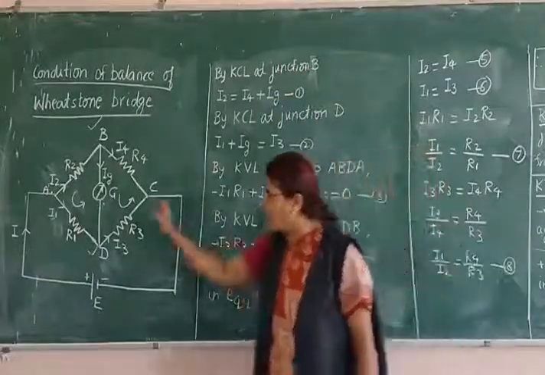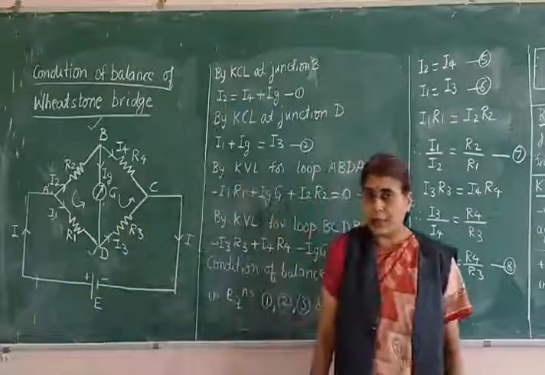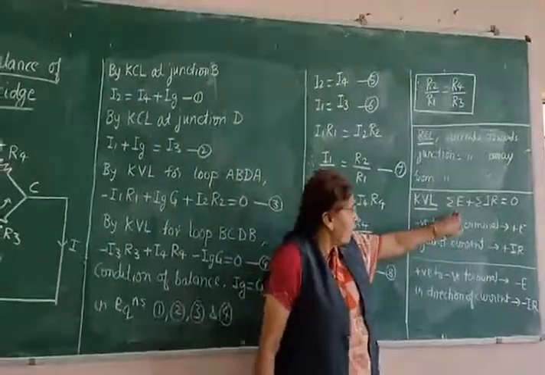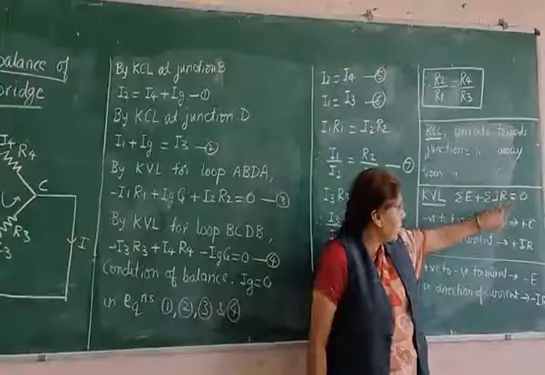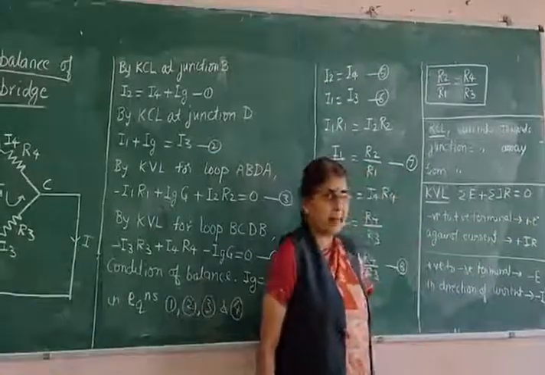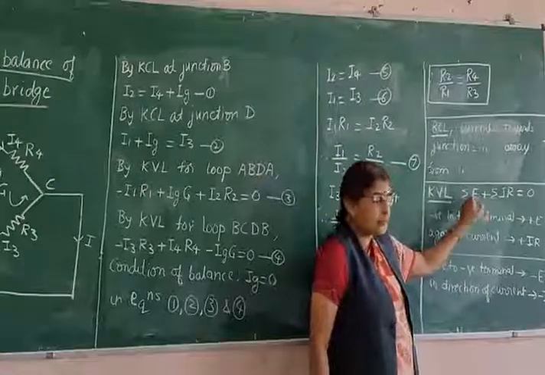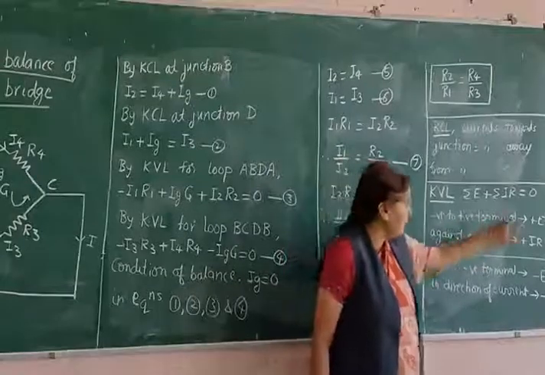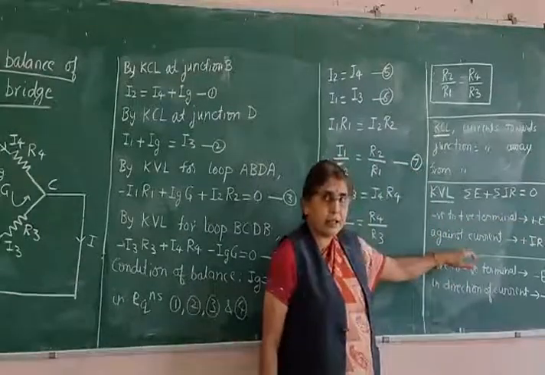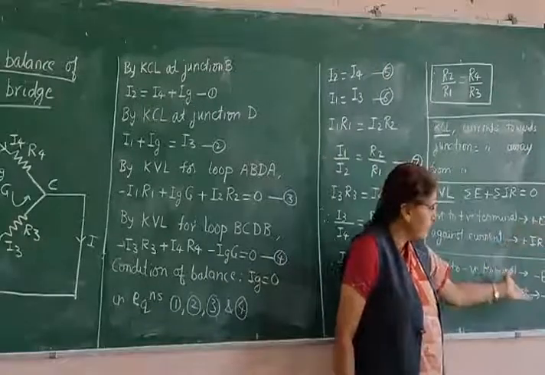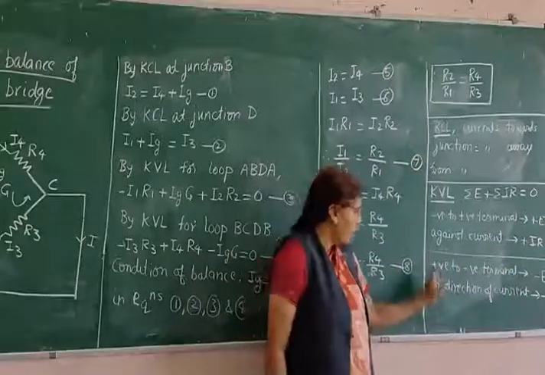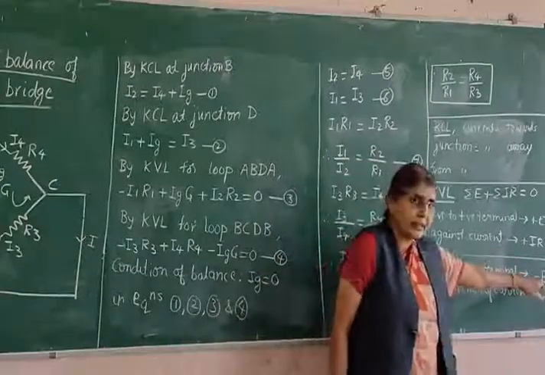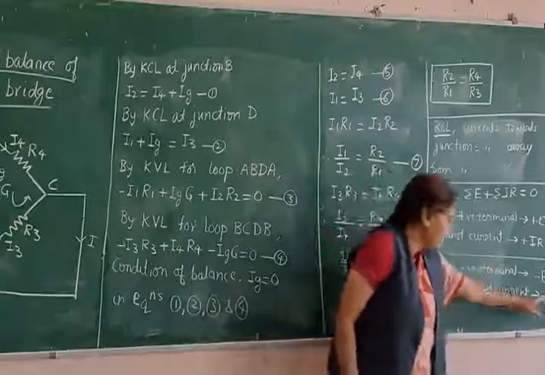Now two loops I told you. For these two loops, we shall apply the voltage rule. Again, for the voltage rule, you have to remember the sign convention. Revision of that voltage law. Voltage rule is like this: summation E plus summation IR is equal to 0. Very carefully, you should remember the sign convention. E is positive when we move in the direction of increase of potential, that is negative terminal to positive terminal, it is plus E. And if you move against the direction of current, you will have plus IR. Reverse, you will have for the decrease of potential, you traverse from positive to negative terminal, decrease in potential, so it is minus E. If you go in the direction of current, it is minus IR.